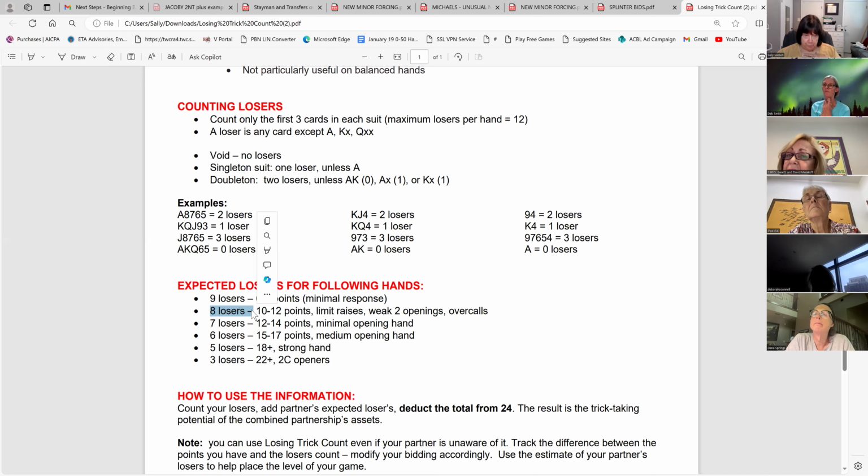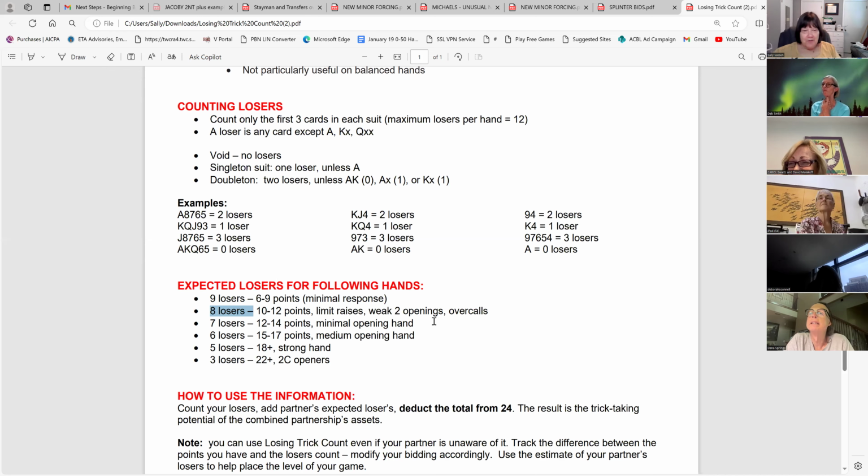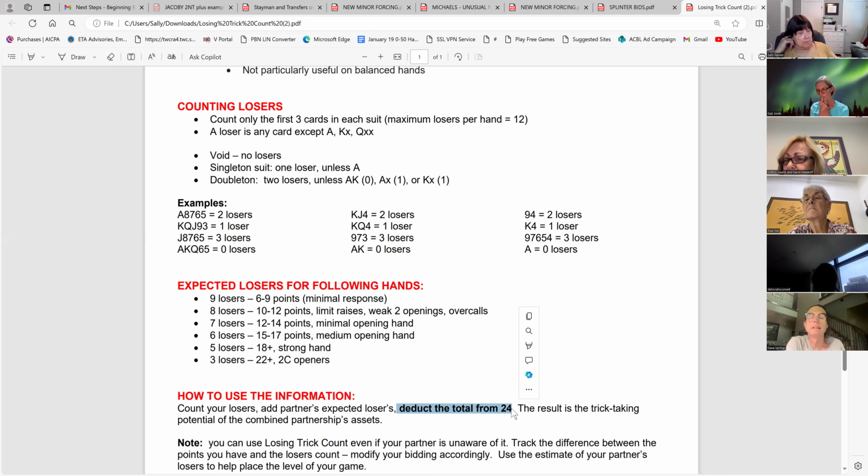Okay, and then you add that together with yours. There's one other piece of this I didn't put together. Here's how you use it. You take your losers, what you're expecting your partner's losers to be based on what he said so far, and you subtract the total from 24, and that tells you the level you should be at. So if I have 6 losers and my partner's made a minimum bid, I expect him to have 9 losers. That is 15. 6 and 9 is 15. I subtract that from 24, and that is